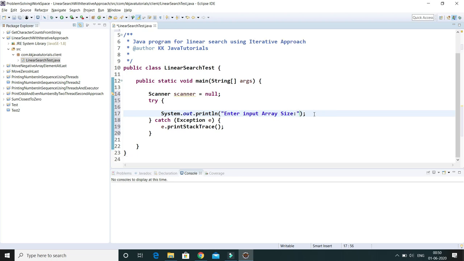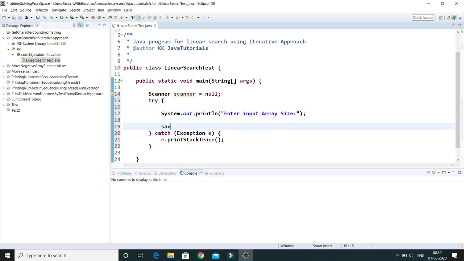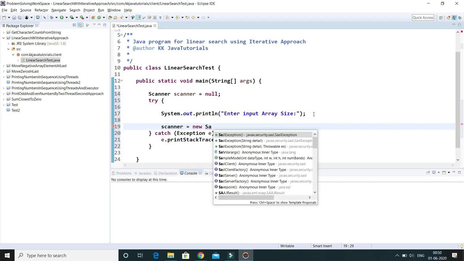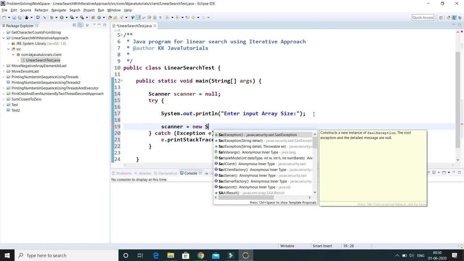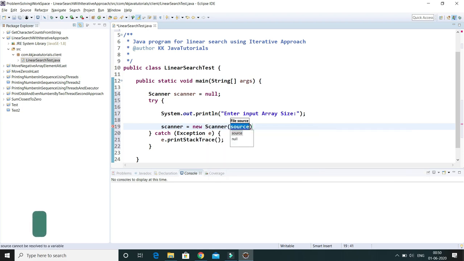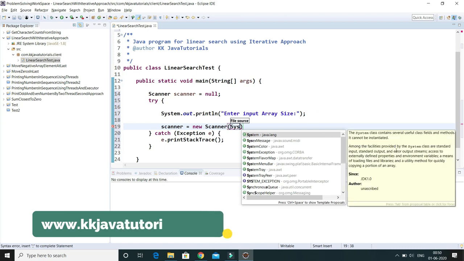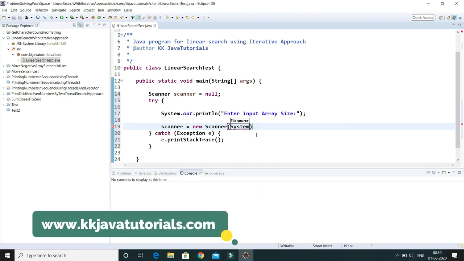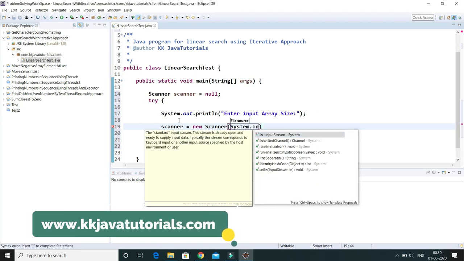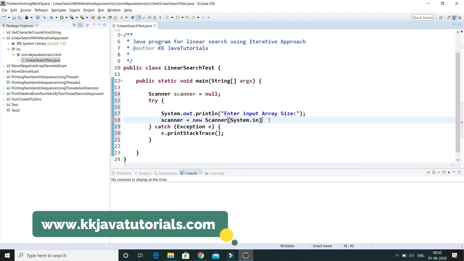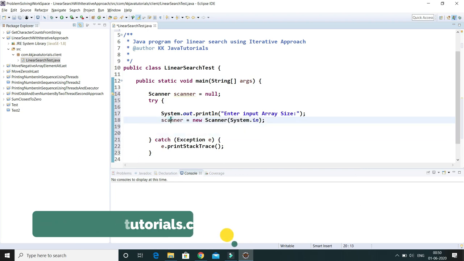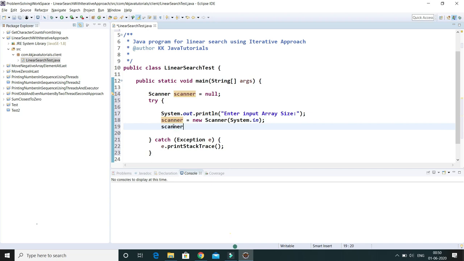Then I'm going to initialize this scanner, which we just declared outside of that try catch block. So it says new Scanner(System.in). We are going to take input from the system, so I'd say System.in, right? If you want to take any input from the scanner, then you have to use System.in.